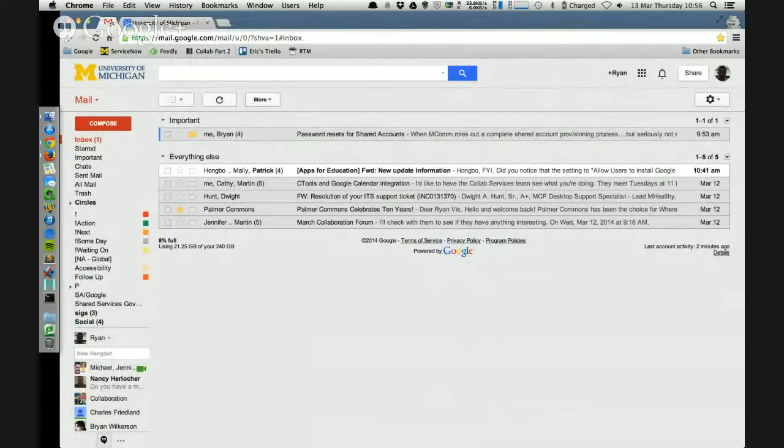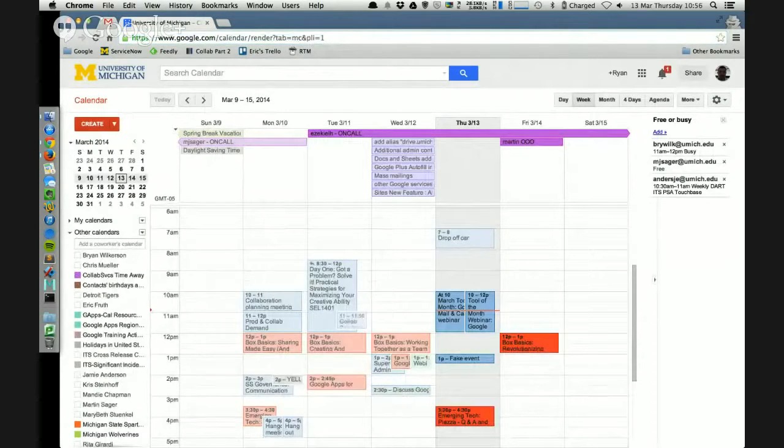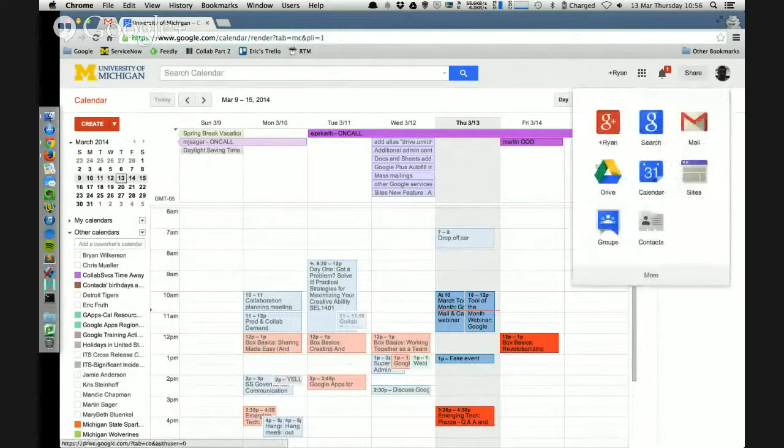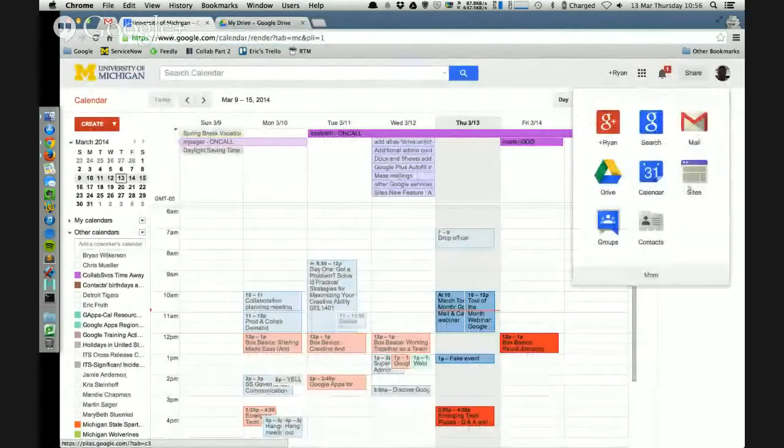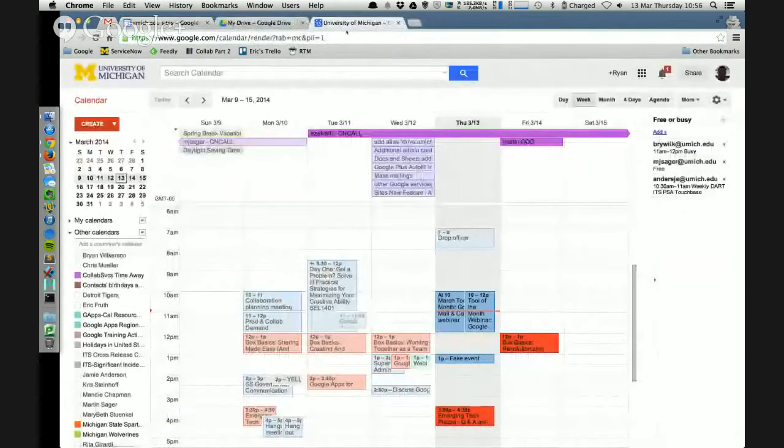It's going to do a couple things. First thing it's going to do is shrink that tab down, and if I had a whole bunch of tabs, it would also shift it all the way to the left. And you can pin multiple tabs. So if I open Drive, and I open Sites, and all these kinds of things, but let's say Calendar was way over here.